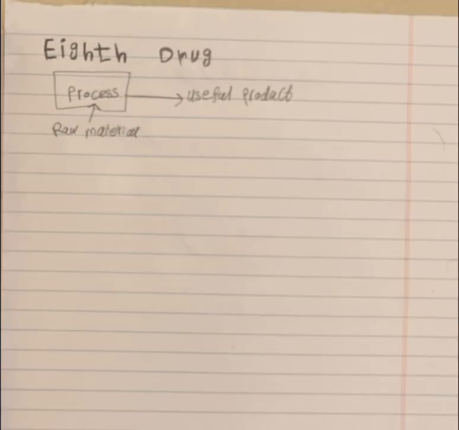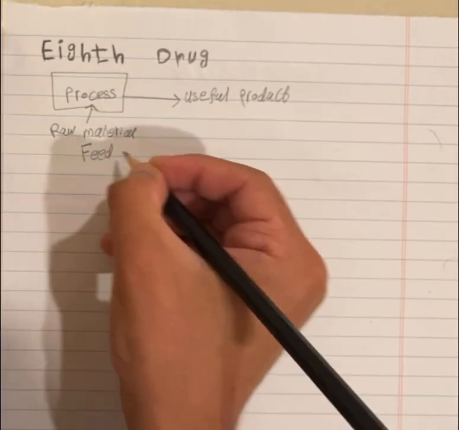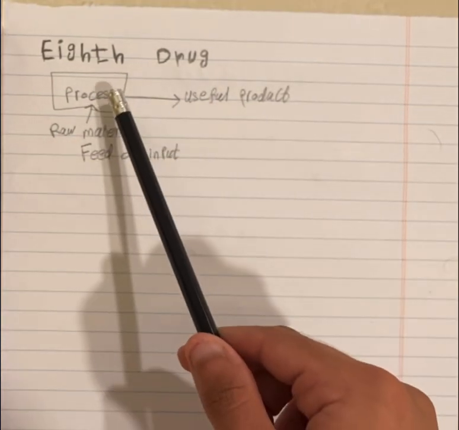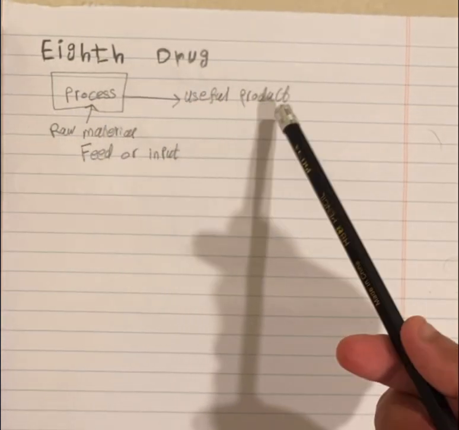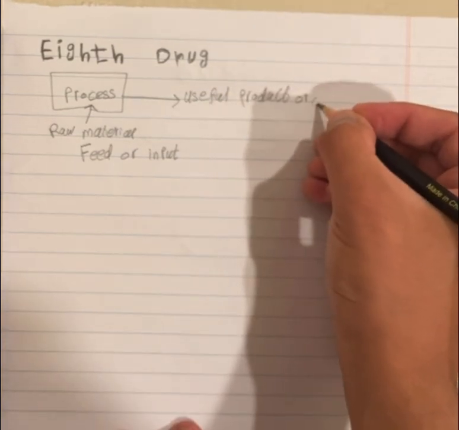We have them already. Maybe they are produced from another facility or an industry, we don't know, but we will use them as a feed or input in order to process them and convert them to useful product or output